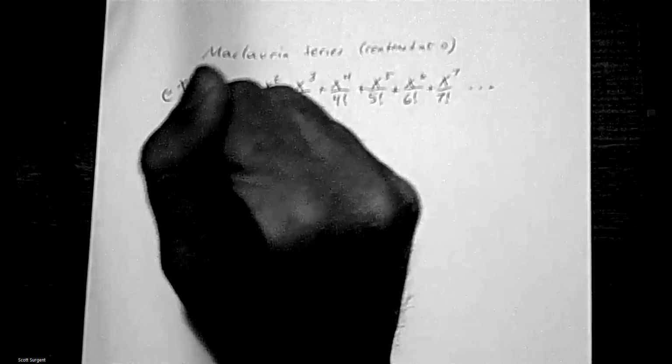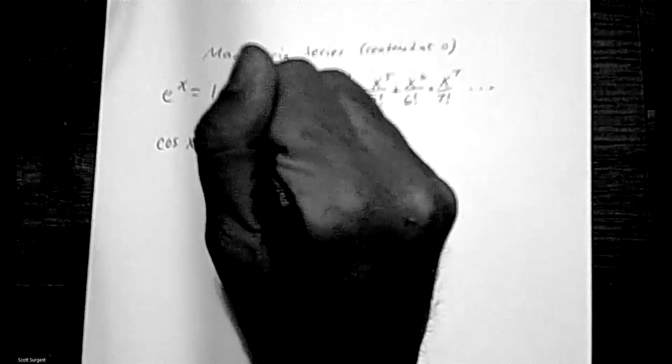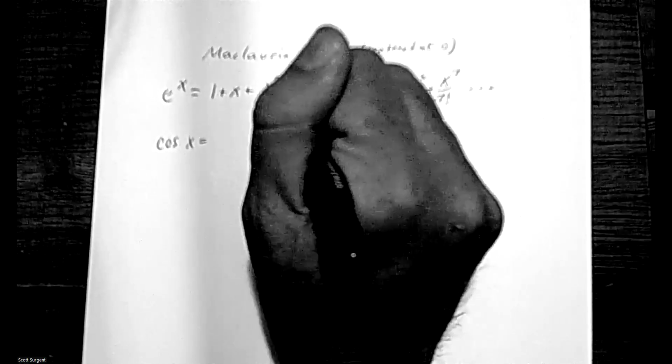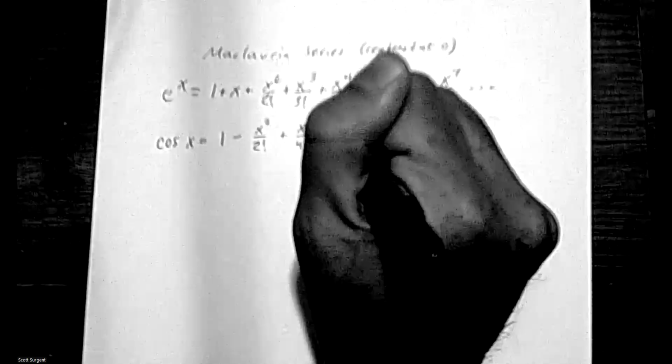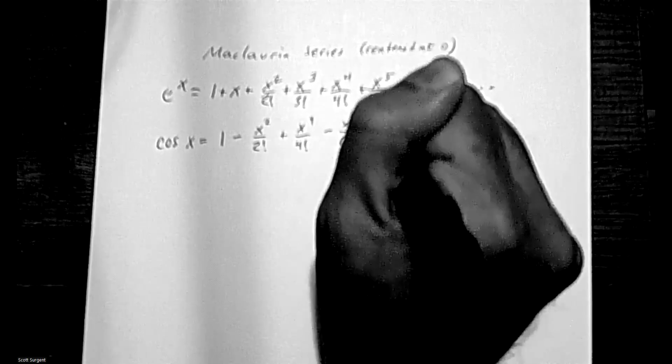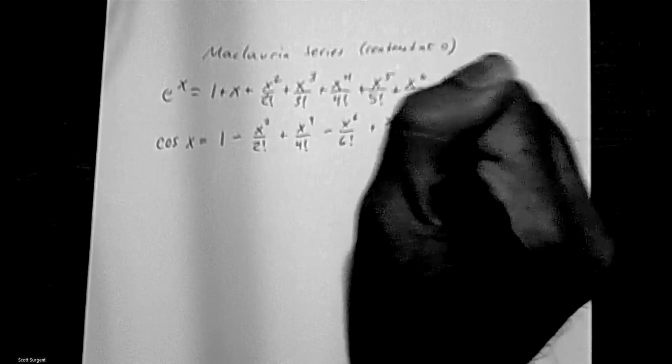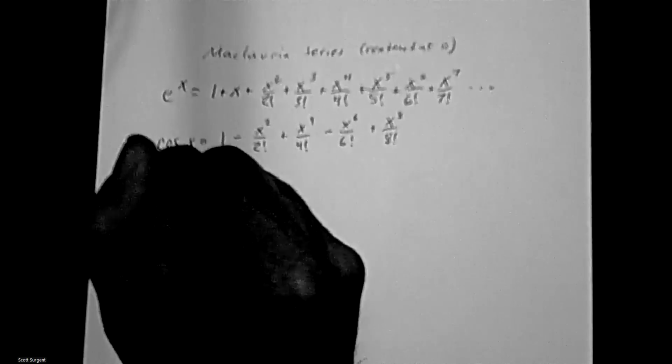The cosine one alternates, and it's going to be the even terms. So it's going to be 1 minus x squared over 2 factorial plus x to the 4 over 4 factorial, take away x to the 6 over 6 factorial plus x to the 8 over 8 factorial. The sign